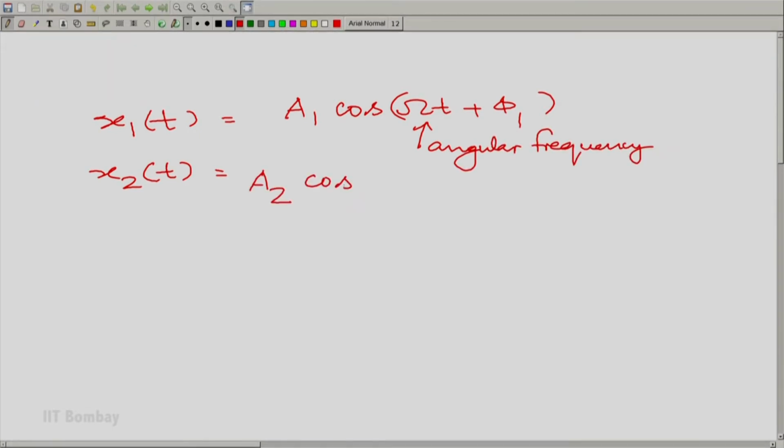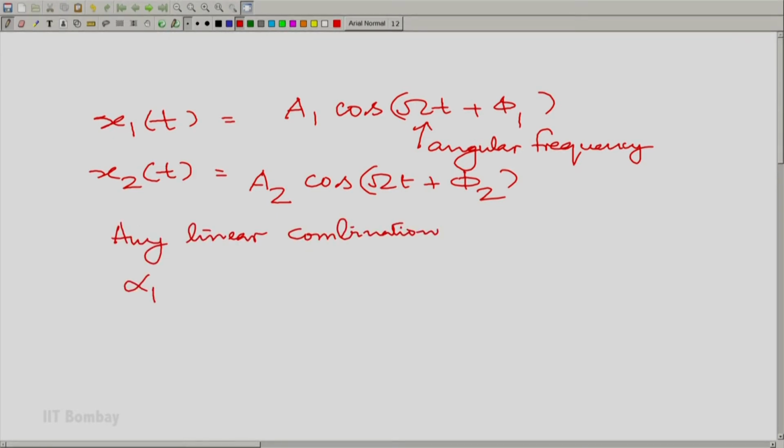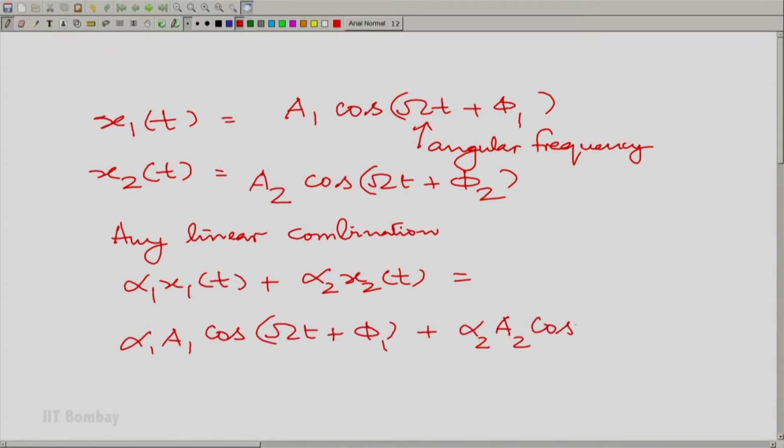So, here you have x2(t) = A2 cos(Ω t + φ2). Now, let us add, in fact, any linear combination, say α1 x1(t) + α2 x2(t), which essentially becomes